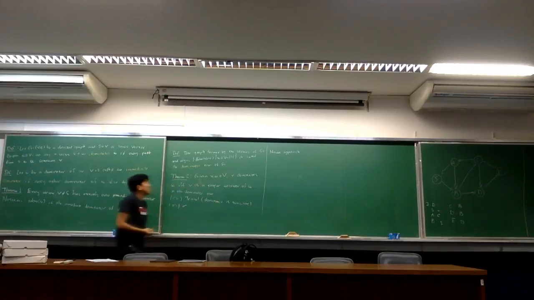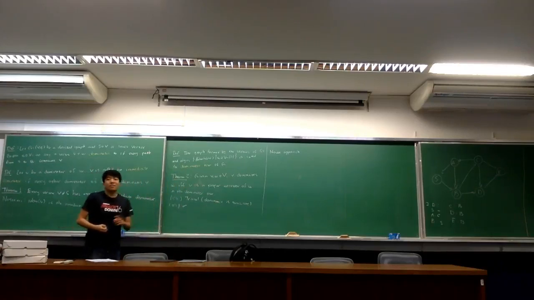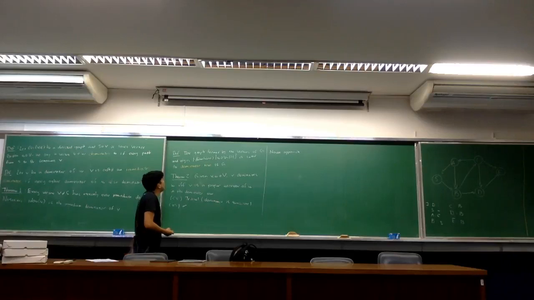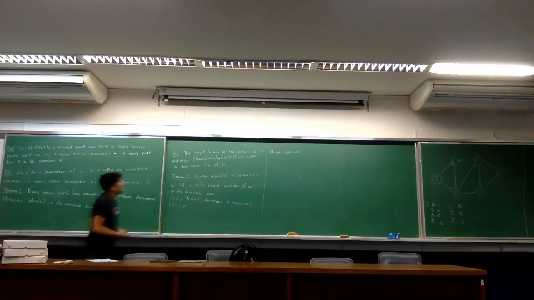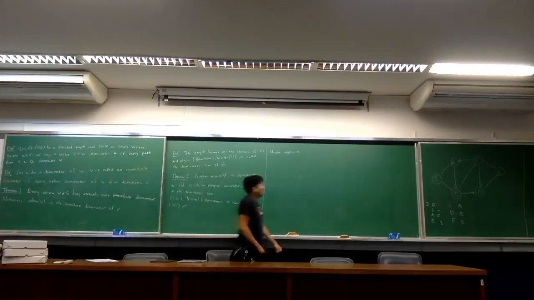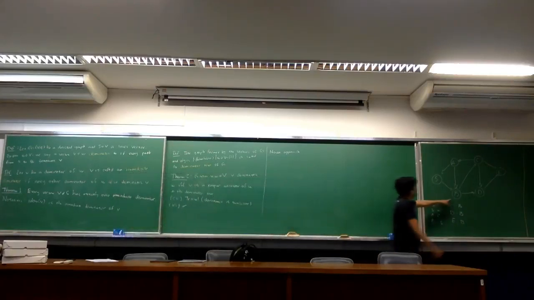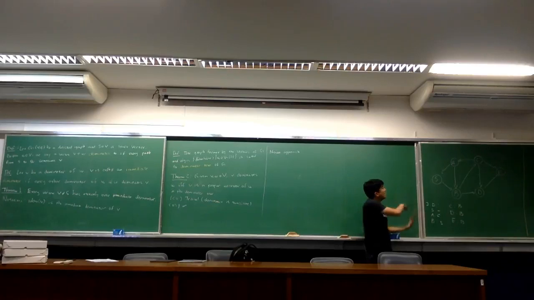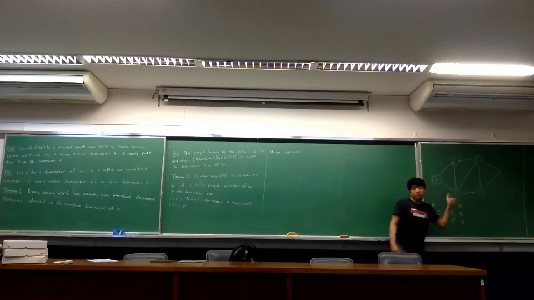What would be one silly algorithm to find the dominator tree of a graph? The first thing you could do is find the dominators of each vertex. How do you do that? If I have a vertex on this graph, and I want to know which vertices it dominates, I can just remove it from the graph and run the DFS from the source vertex and check which vertices became unreachable from it. The vertices that became unreachable are the ones dominated by V.